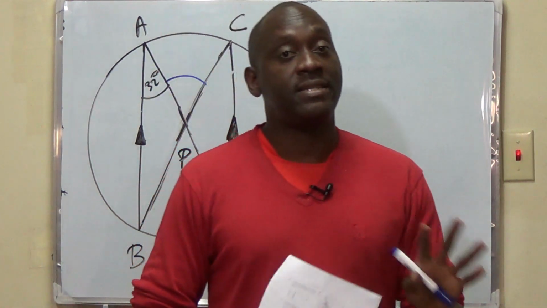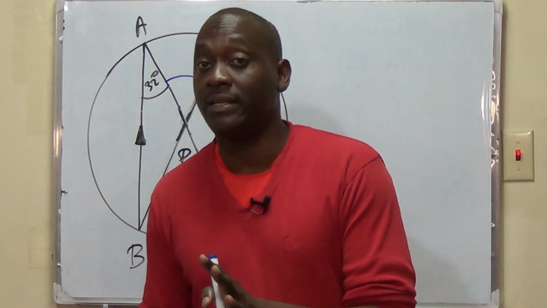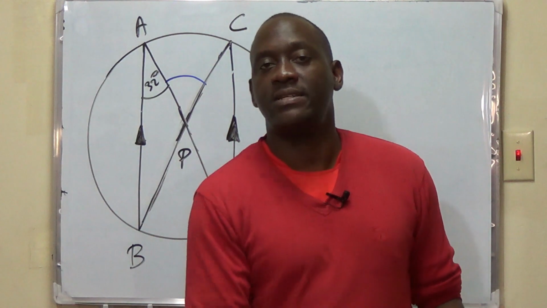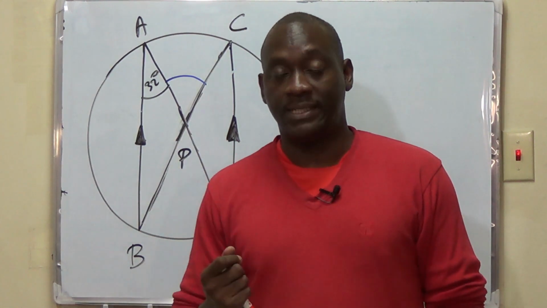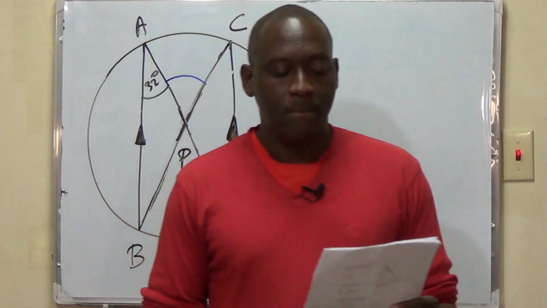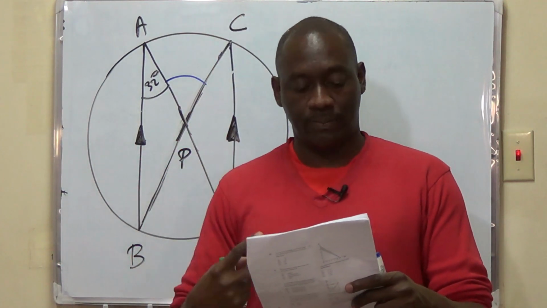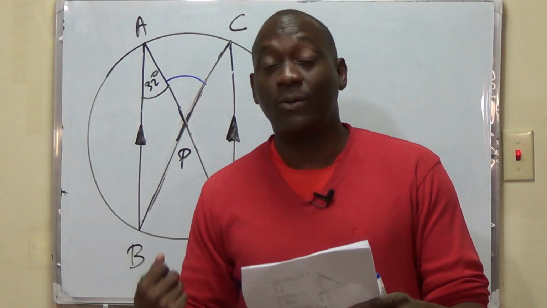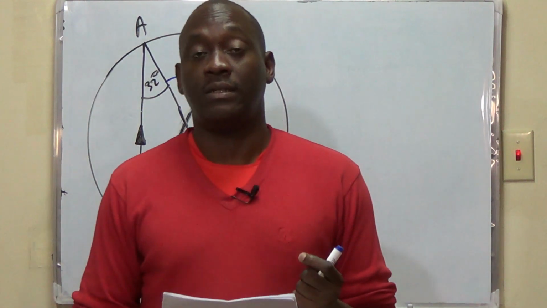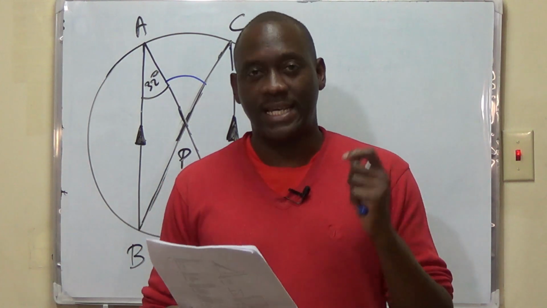Good? Now there may be cases where the information might be implied. It may not be stated directly that P is the center or O is the center or C is the center. But by using other information, you could deduce mathematically that C or O or P is in fact the center of the circle. Good? Now, the only way we could do that here is if we assume that AB is equal to CD in length, which they did not state. Good? So if they had said that AB is equal to CD in length, then yes,